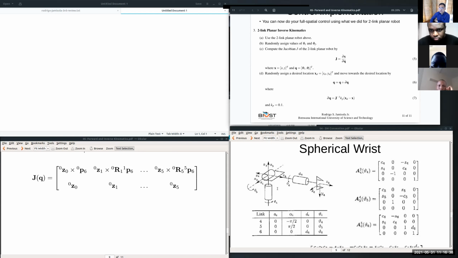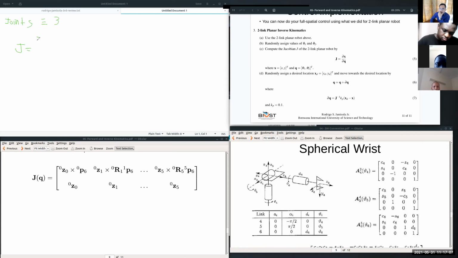How many joints is the spherical wrist? How many joints is that? Anyone? How many joints? Can you see this? Can you see what I'm writing? Okay, the number of joints is, of course, 3. So that means your Jacobian will be,